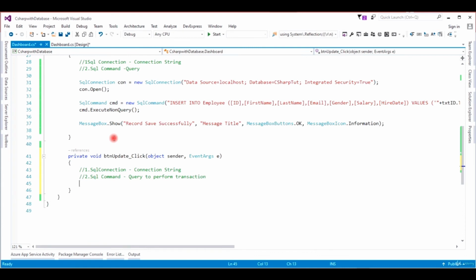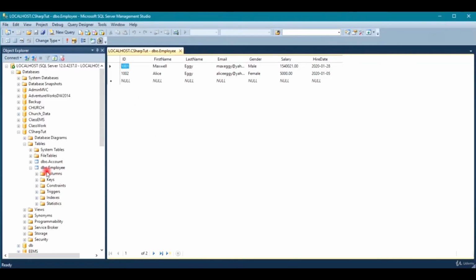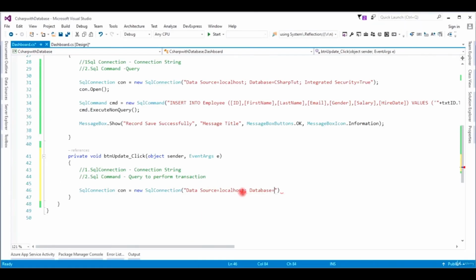Okay, so let's start. SQL connection, what do we say? SqlConnection con is equal to new SqlConnection, and then we have our connection string to be Data Source. We say the data source is the name of the host. Okay, here it's localhost. And then we have Database, the name of the database over here. What's the name of our database? The name of our database is